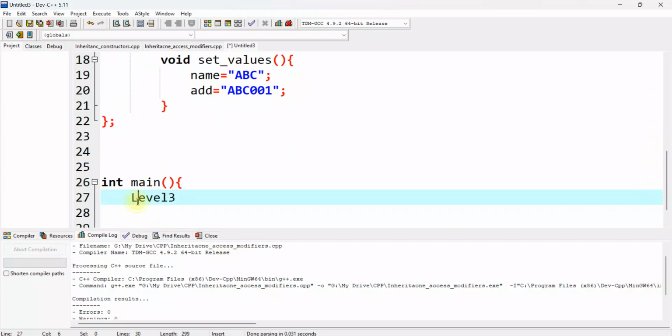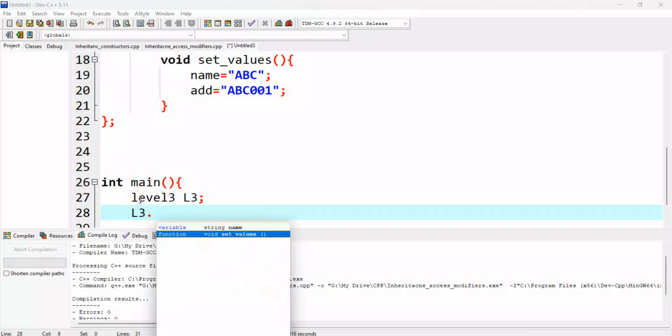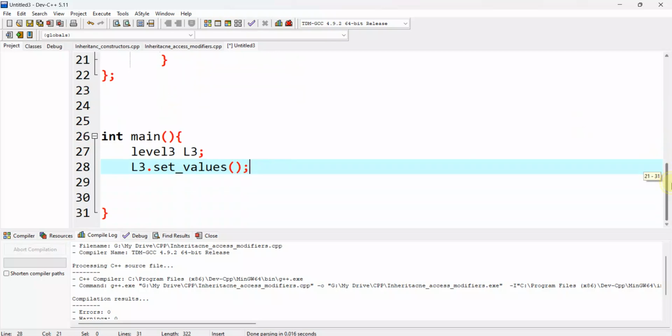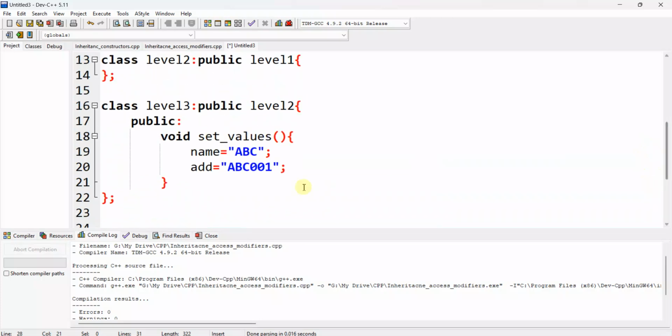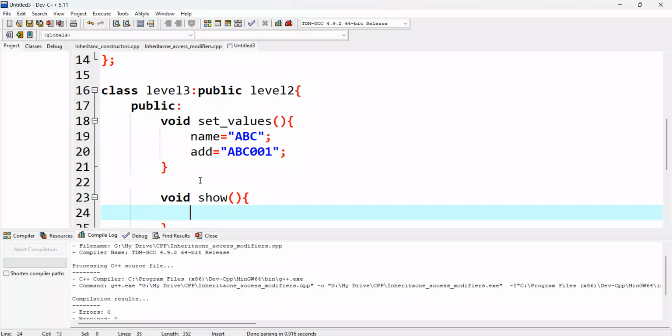Level 3, and L is not in capital, level 3, and for that I'm going to create one object L3. So with L3 I will call void set values, because I'm trying to set the values for that. I think we should also print those values to make things more clear. So I need one other function, show, and in that show I will print the value, for example the name,